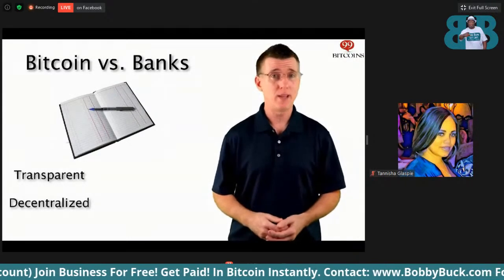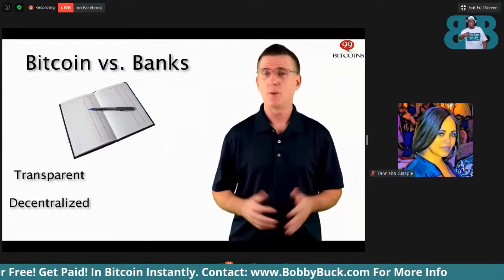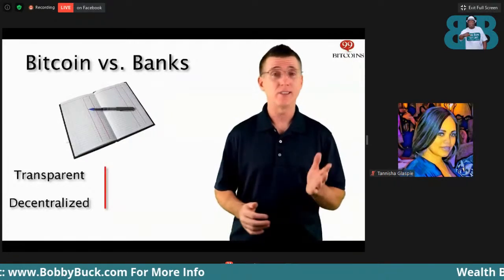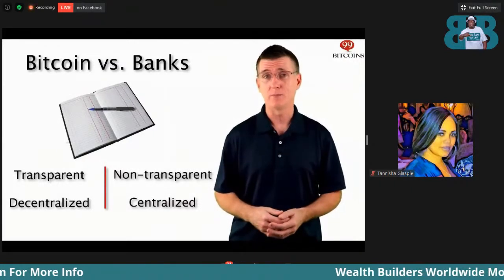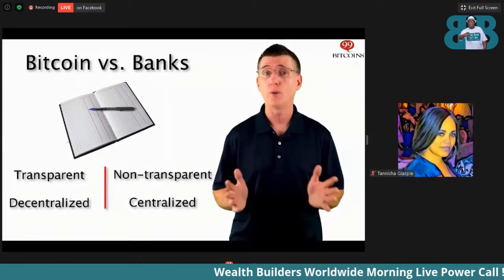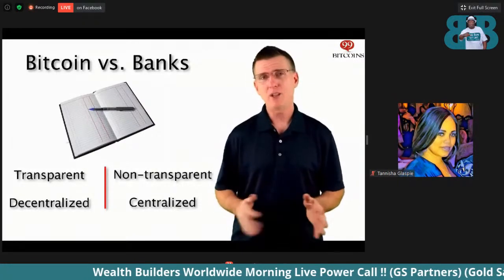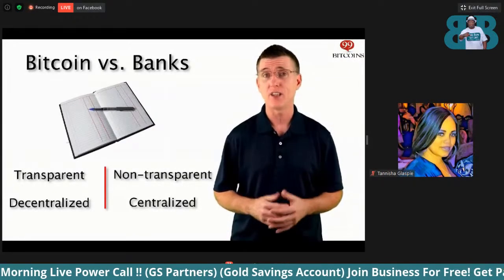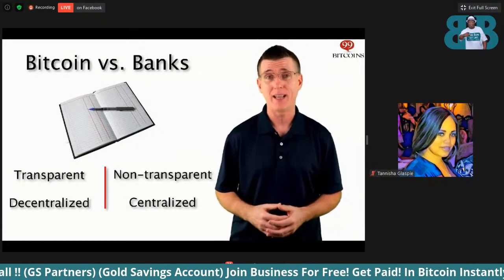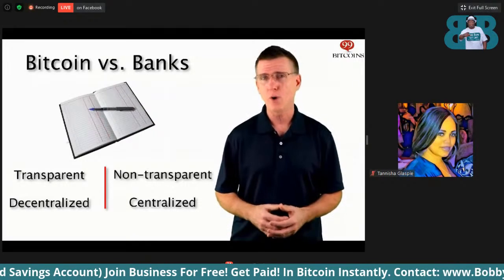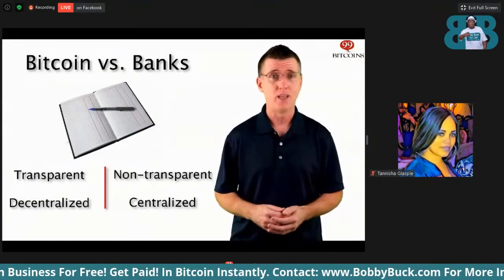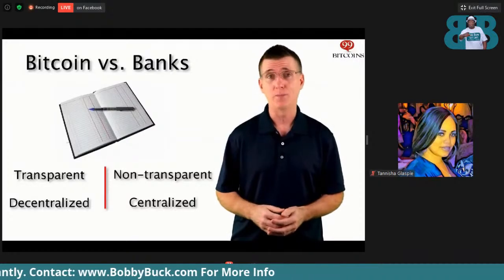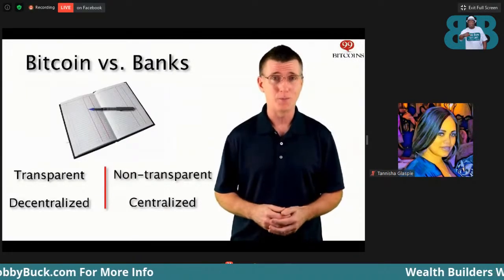Well, let's compare Bitcoin to the bank. Since most money today is already digital, the bank basically manages its own ledger of balances and transactions. However, the bank's ledger is not transparent, and it's stored on the bank's main computer. You can't sneak a peek into the bank's ledger, and only the bank has complete control over it. Bitcoin, on the other hand, is a transparent ledger. At any point in time, I can sneak a peek into the ledger and see all of the transactions and balances that are taking place. The only thing you can't figure out is who owns these balances and who is behind each transaction. This means Bitcoin is pseudo-anonymous. Everything is open, transparent, and trackable, but you still can't tell who's sending what to whom.